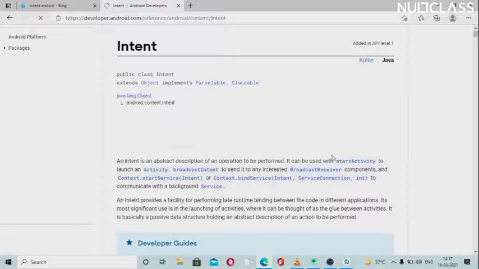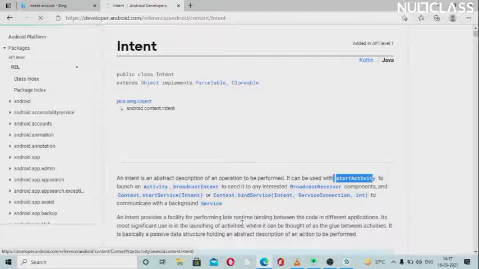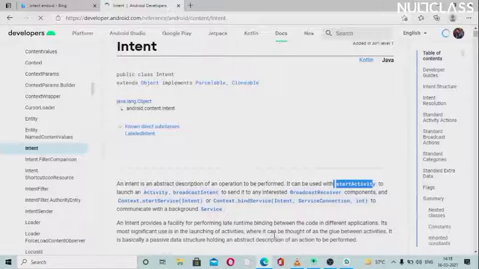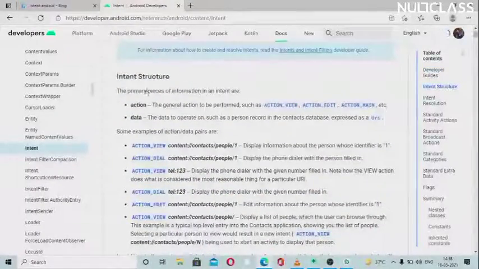So this is the method to launch the activity we will be using after creating the intent. An intent provides a facility for late runtime binding between the code in different applications. It is most significantly used in launching activities, like whenever we want to connect those two activities, we use this basically. These are the primary pieces of information that it contains: action, data. You don't have to know much about that, you write that in the code.